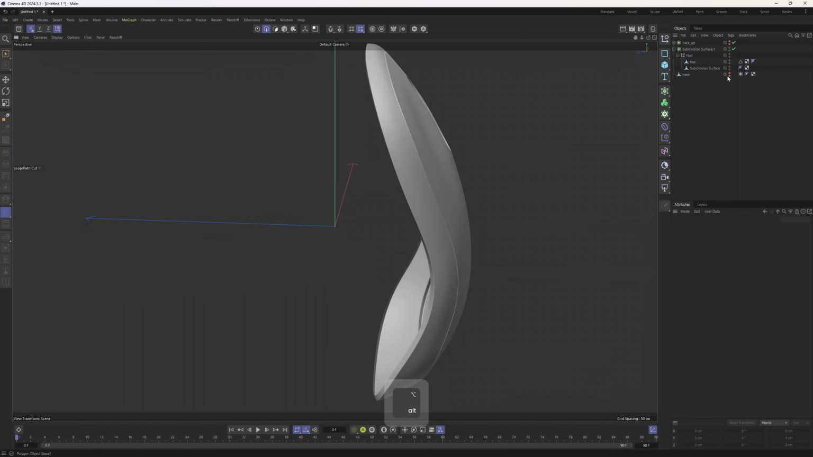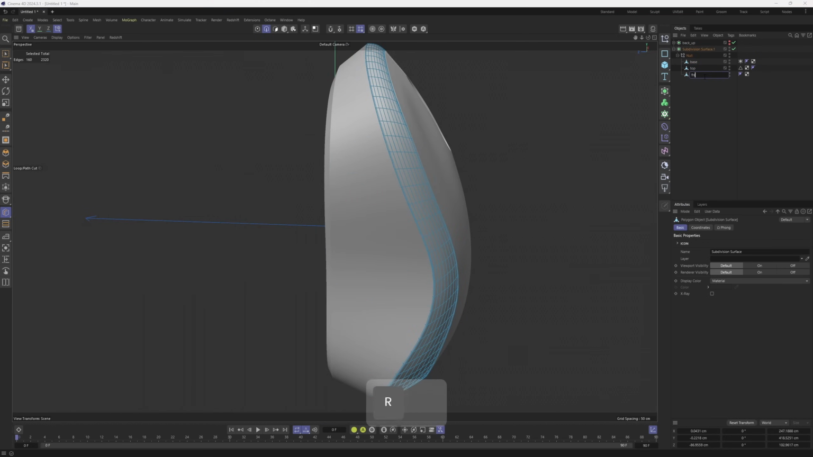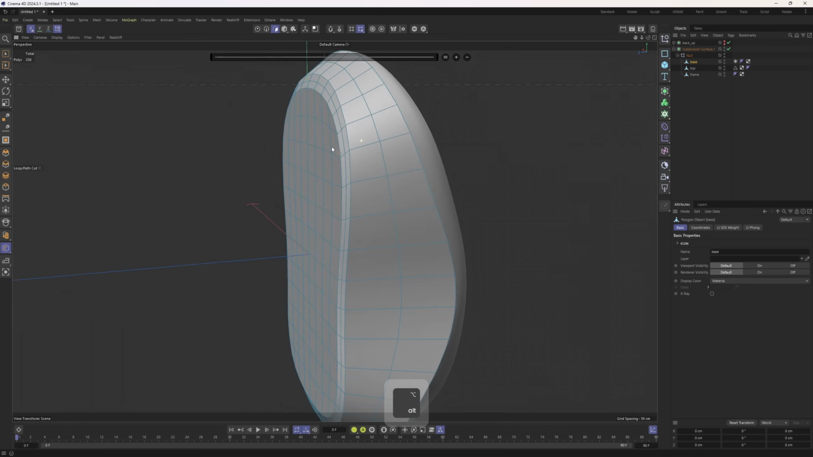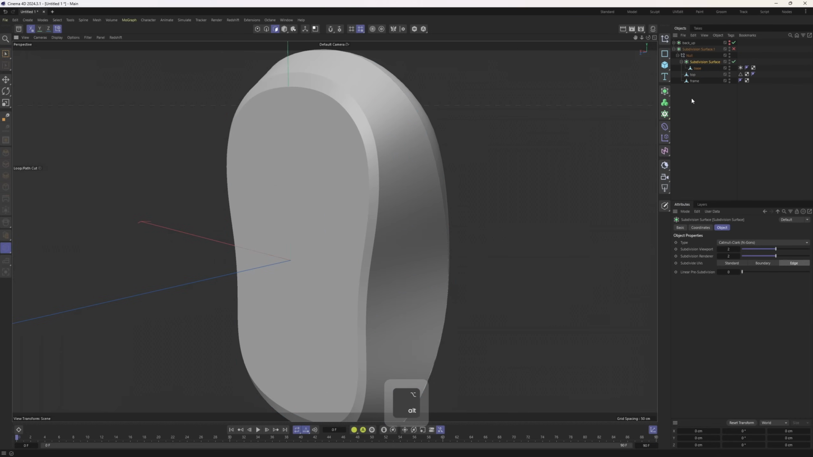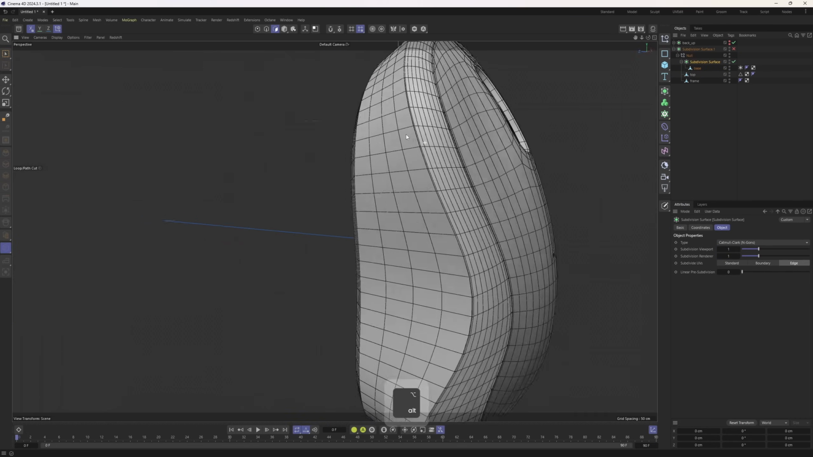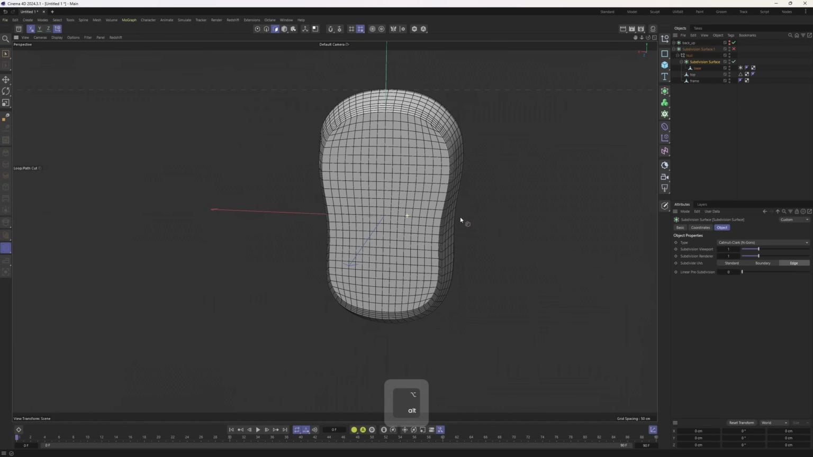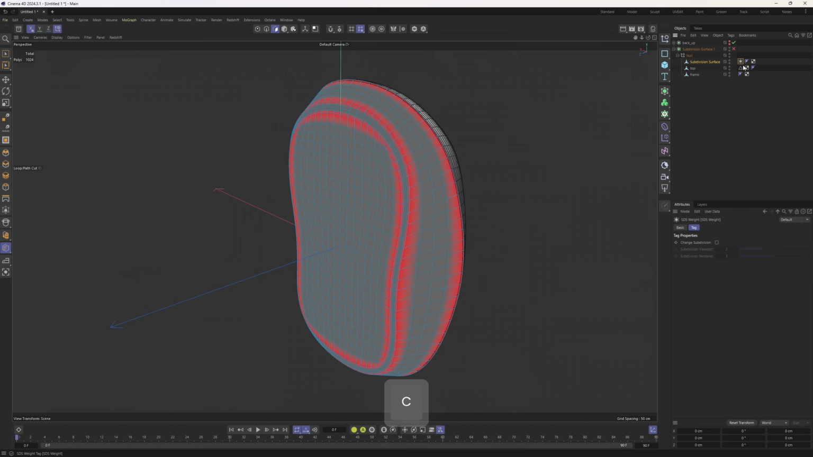Now I will unhide the last one, base. I will call this back frame. We need to subdivide this, obviously. So Alt down Alt, add this one in. I will set this to 1. All right, these edges are looking perfect. Then hit C, remove the weight,